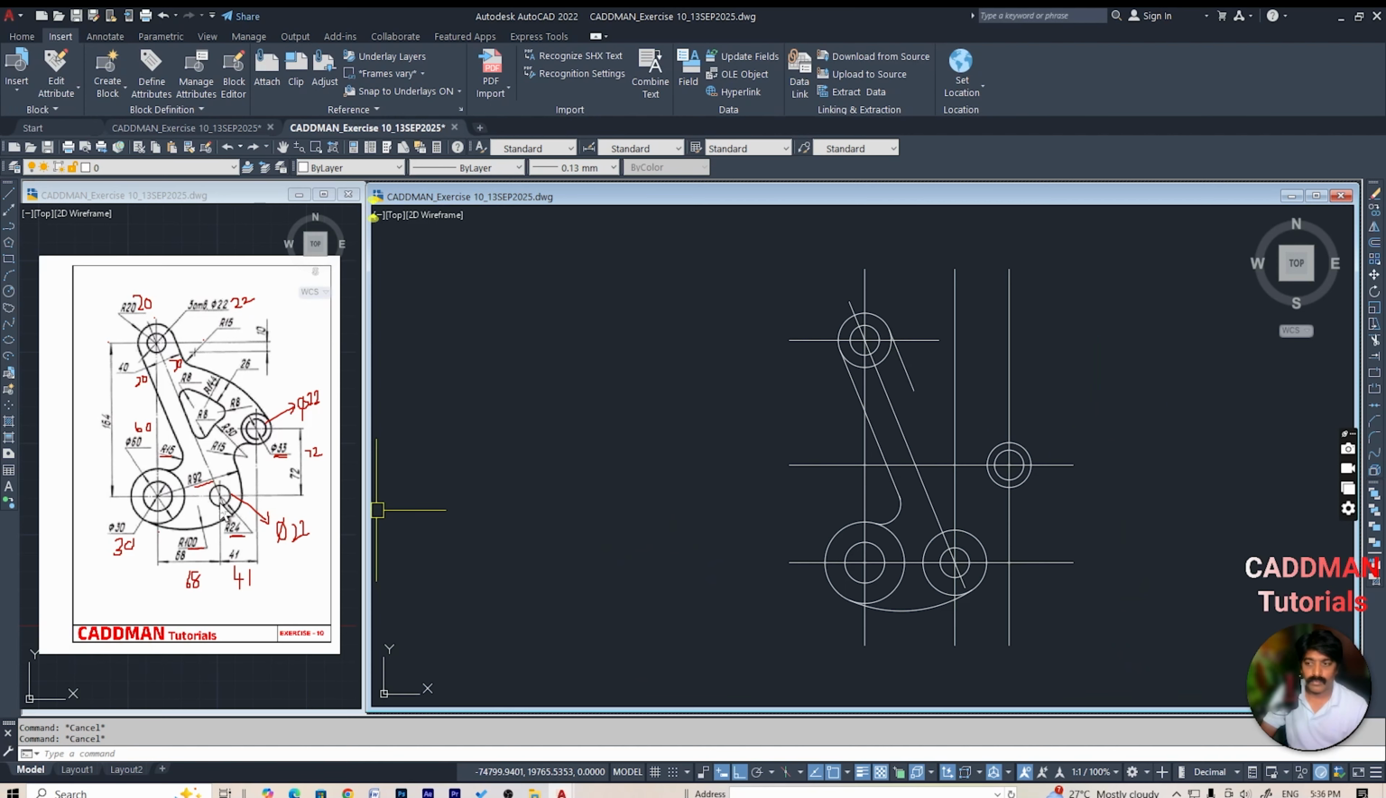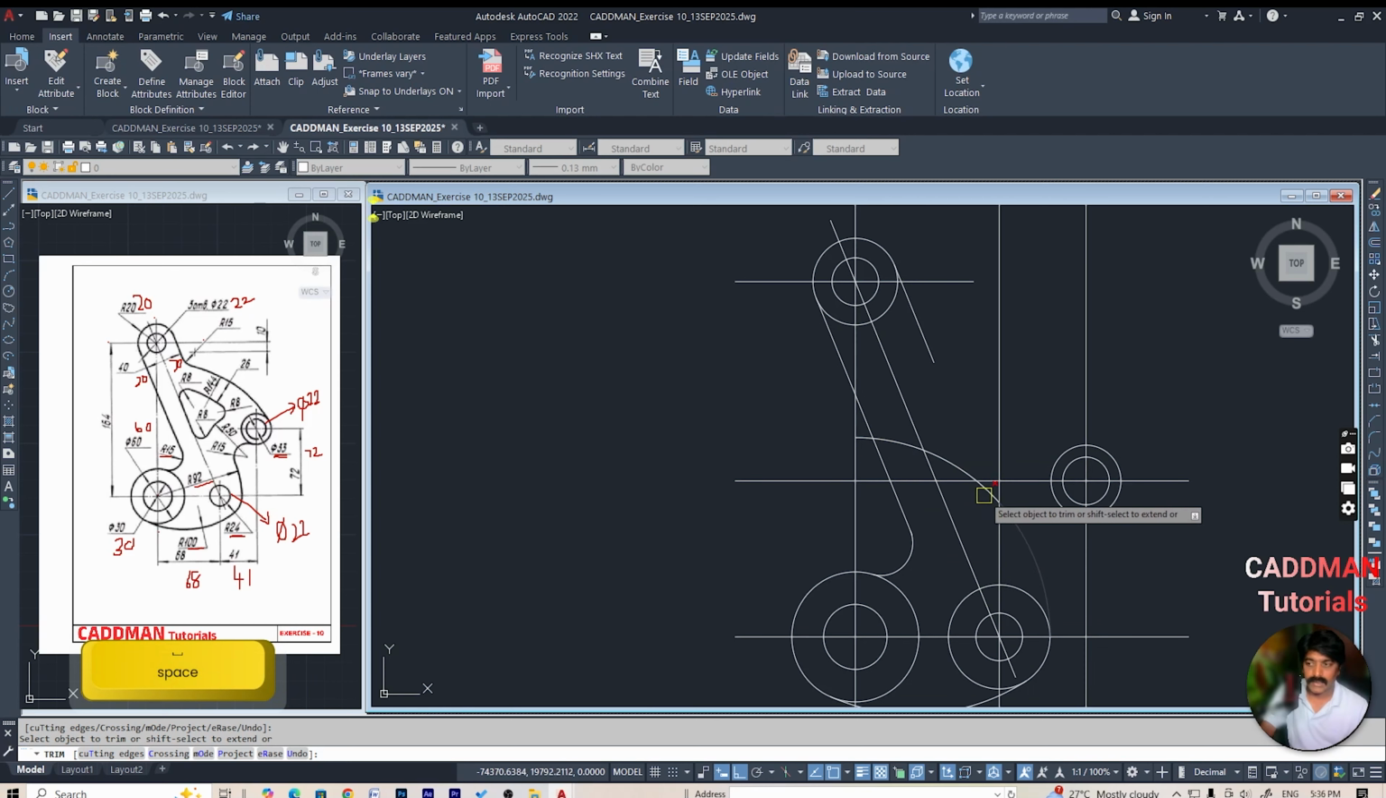And now from here, so radius 92 is required from this center of the circle, so we wanted a circle of 92. So go to circle C, from here give radius 92, and now try to trim off the extra circle that we don't require,